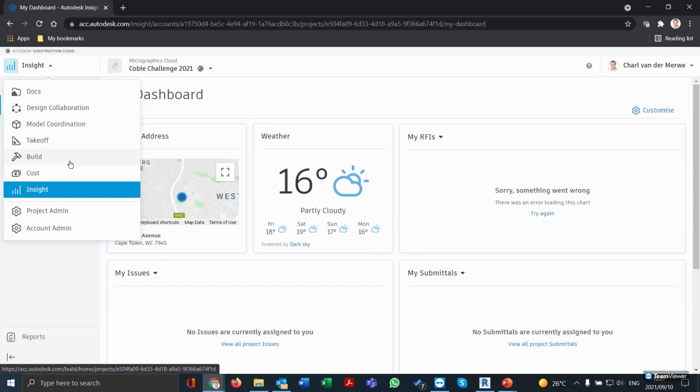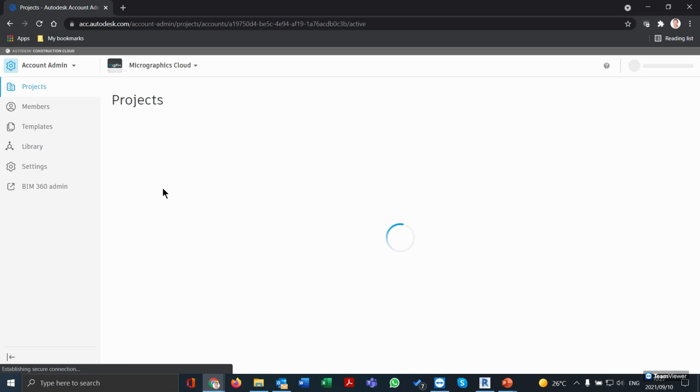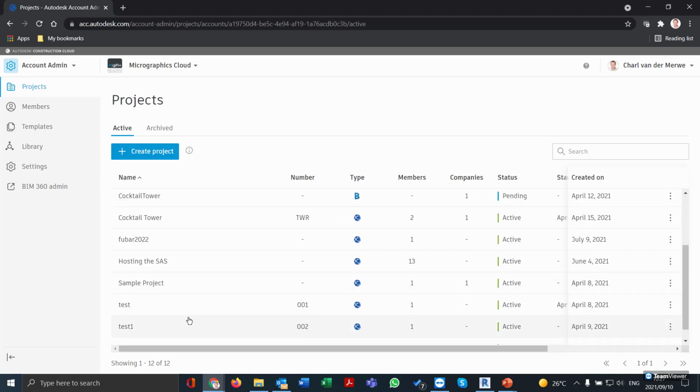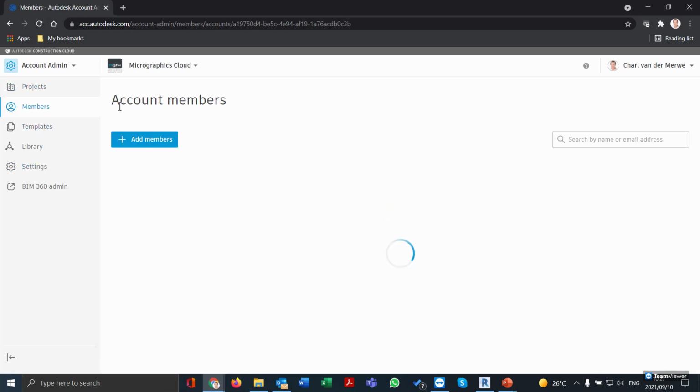Right. Obviously, I've got all the build and the takeoff and everything. So if you just kind of stand back and look at how you would start, you would go to the account admin. So that's basically just the first user or the BIM manager or the account admin. They will just get in here, make sure they can create projects. So your test projects, you'll see here at the bottom there's some test projects that we've created, and you can set up your company